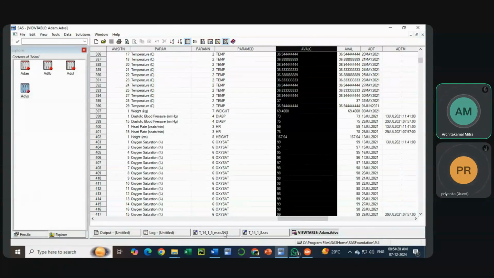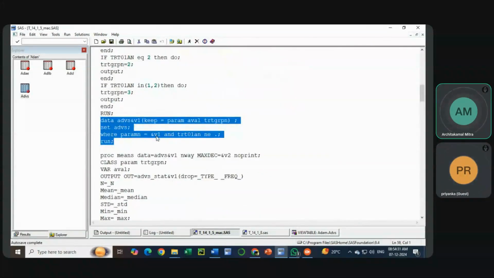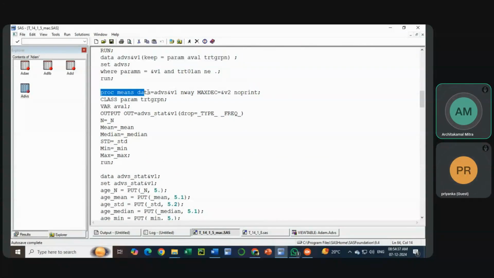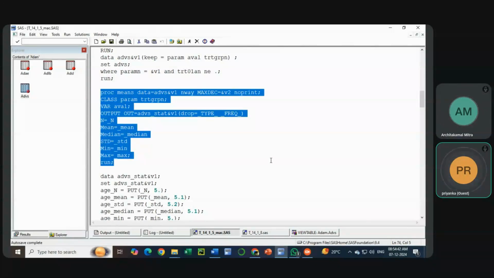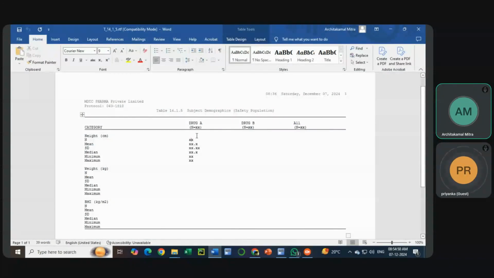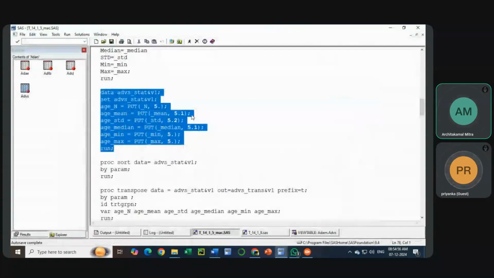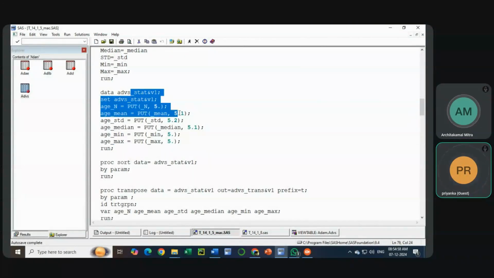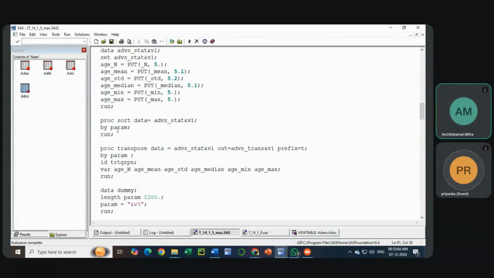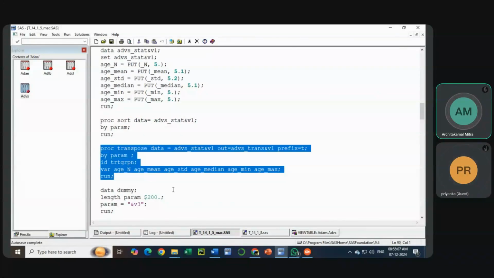After that, it's the same thing. You know everything, we don't have to explain more. This is something which you know. Proc means ADVS ampersand 1 max dec. We are doing the proc means. Then we are trimming it based on our requirements, where if it's n, it should be only whole numbers. If it's median, it can have one decimal place. SD, it can have two decimal places. It's exactly the same as we have done. Mean one decimal, standard deviation two decimal, median one decimal, min max five decimal. Then we sort it, then we transpose it, and then we